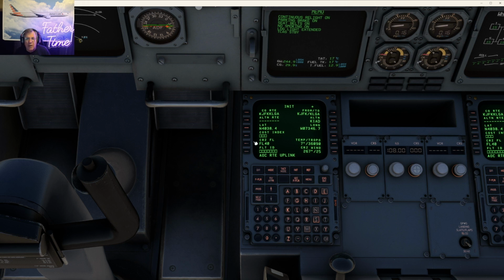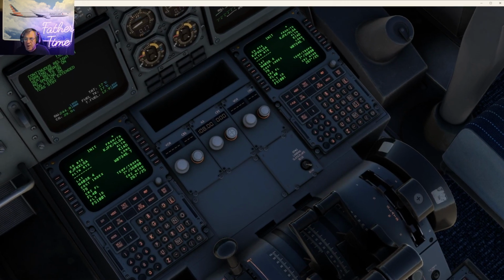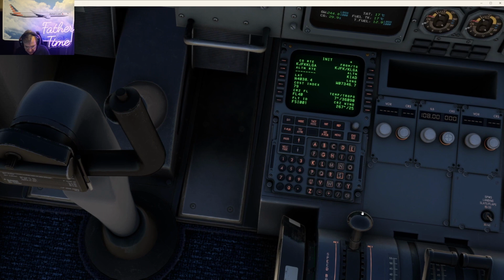179, put that in, the cost index. I really want to show you what's going on here. So we're going to climb to 4. FSI is our call sign. I'm going to brief you up here in just a second. 001. Page 2 you can't do because you've already started off here with engines running. I want to make sure we have our flaps set properly. We do. Okay, so let's go back down in here